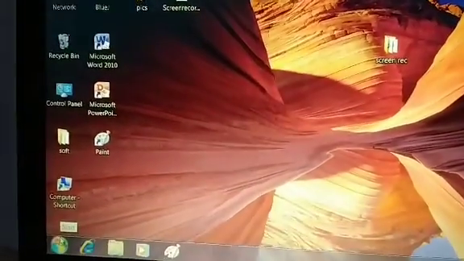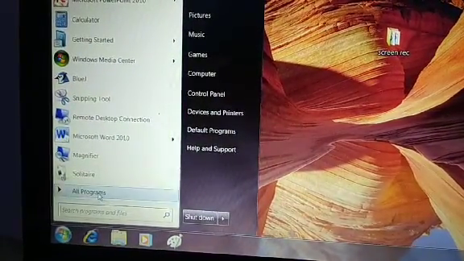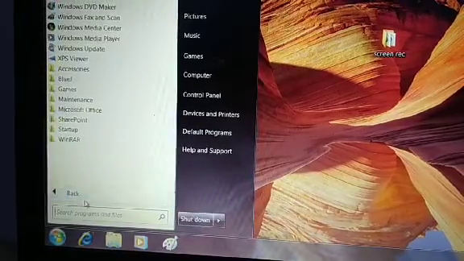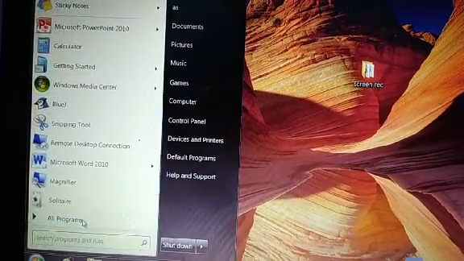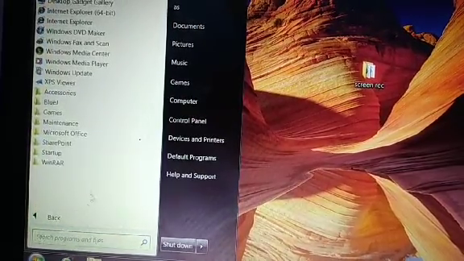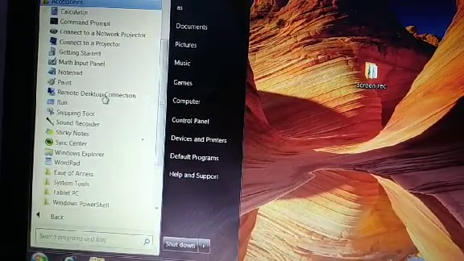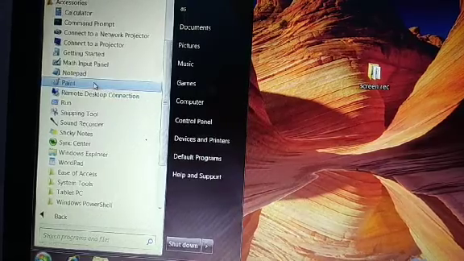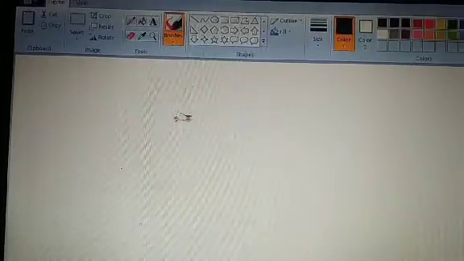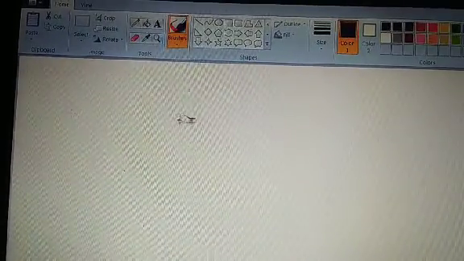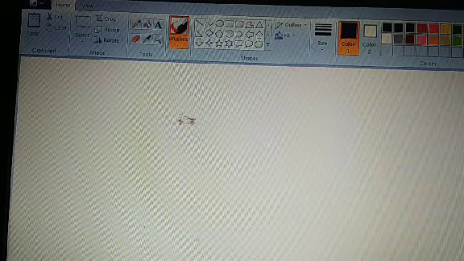There is one start button here. Click on the start button, then all programs. Then go to accessories, and in accessories there is the paint program. Click here. So there are 2-3 methods to start this paint program.